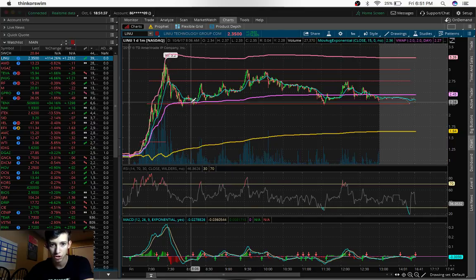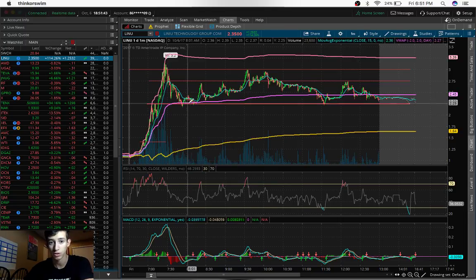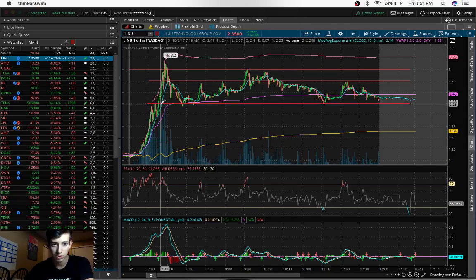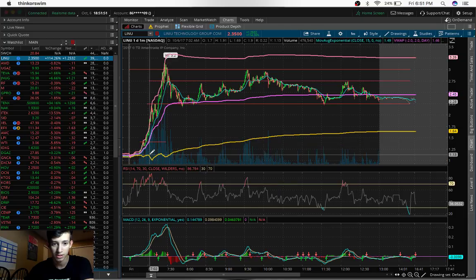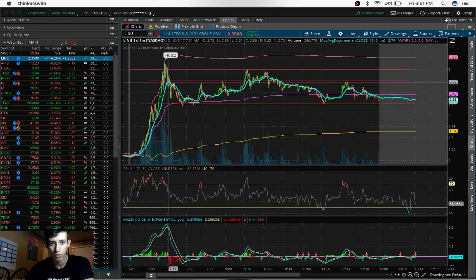We wait for it to actually break and hold above the purple VWAP, showing signs of an upward trend. And from that very point forward, it held almost the entire day above the purple VWAP, showing signs of an upward trend. So again, if you weren't able to take advantage of the opportunity that presented itself, from $1 all the way to its very peak, something that we do is we wait for the pullback,